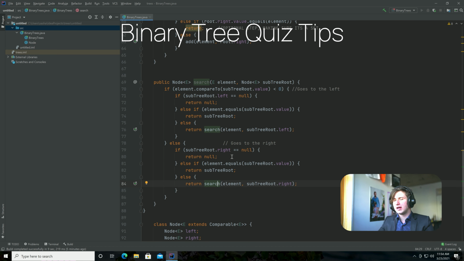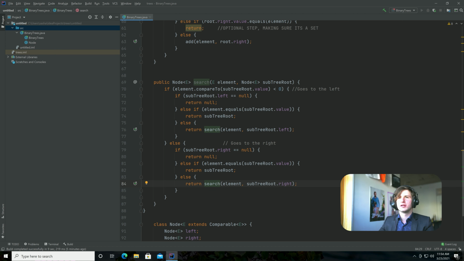All right. I don't know if you have questions on search or not. I guess not. So in this case, we're going to go into a quick example of what quiz questions look like in terms of binary trees. I can't give you the exact quiz questions, but I'm going to look at some from last semester and try to give you a rundown of what you'll be expected to know